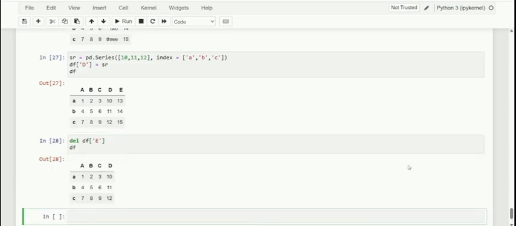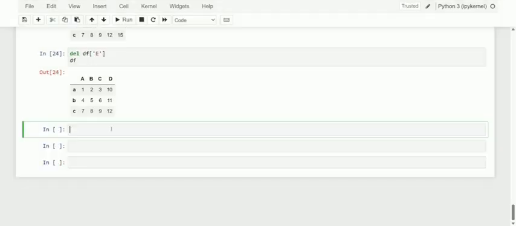Of course the column is permanently removed from the data frame, but there may be cases where the removed columns want to be preserved in some way. So the pop method allows you to remove the column from the data frame and return it as a series that can be stored in a new variable. Here SR is the series, and I'm just going to take it from the data frame df, and let me just pop the column.